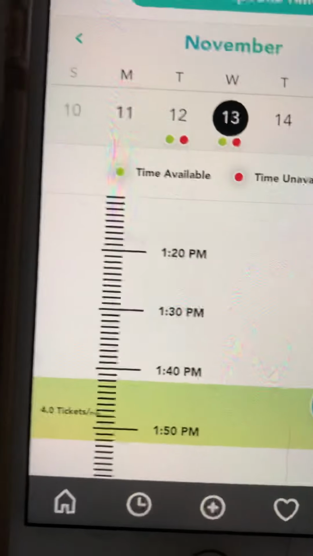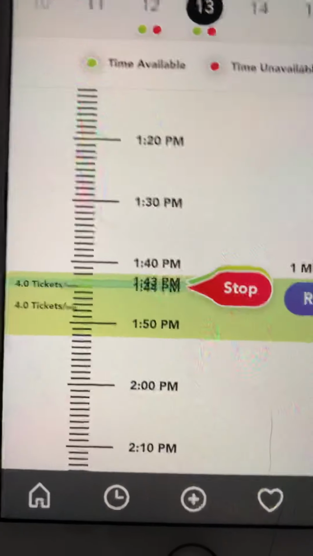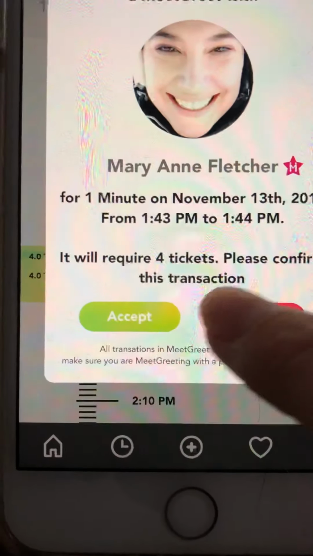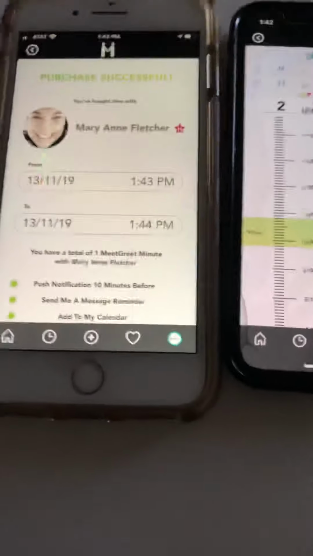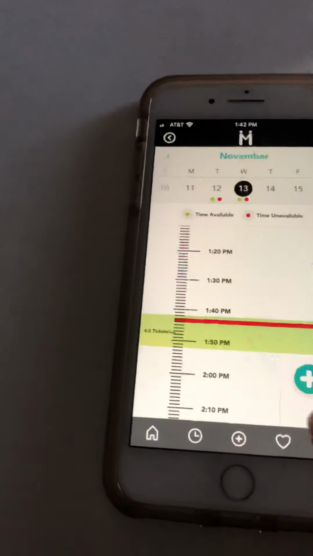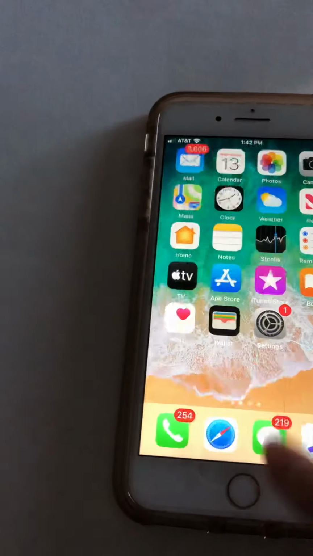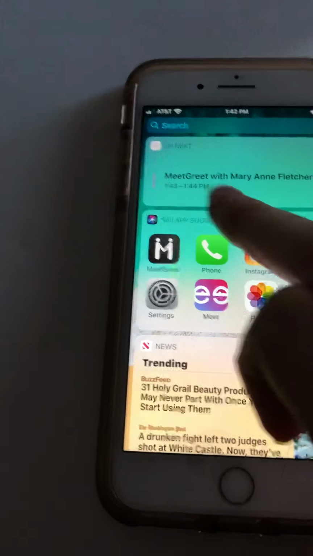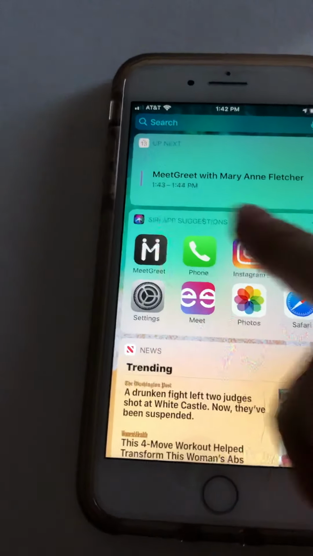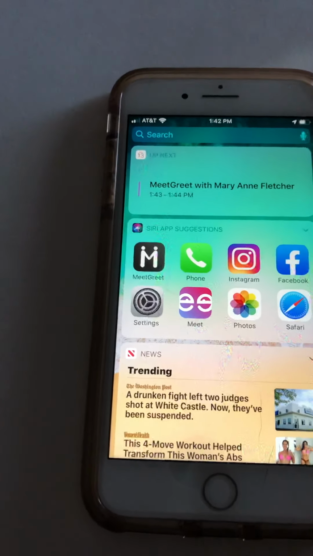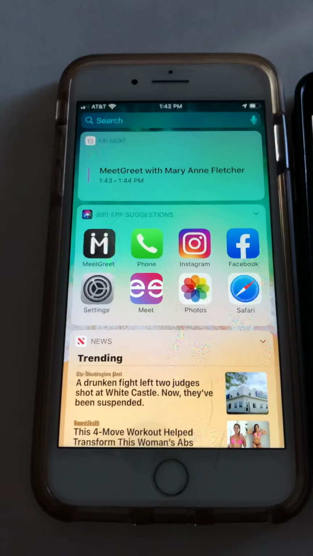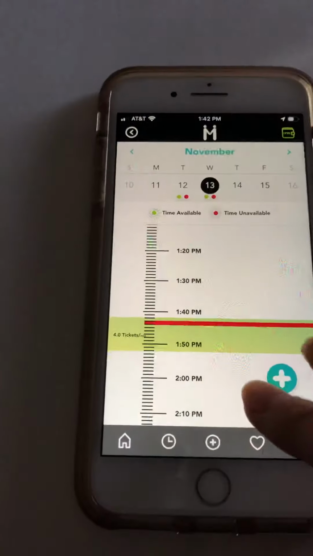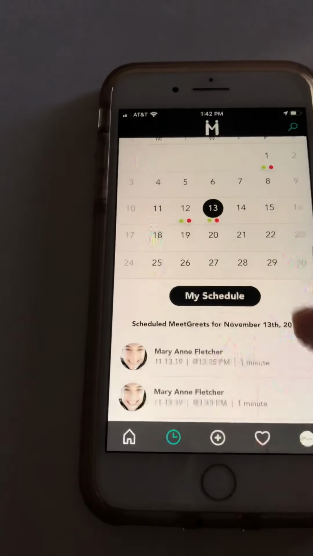So I'm gonna go here, and I'm gonna ask for a Meet Greet. And let's book a minute. Let's reserve a minute, and then it lets you know it's going to require 4 tickets. Okay, and we completed it. It's added to my calendar. So let's go outside and see calendar. See, so it comes up in your phone's calendar that I have a Meet Greet scheduled with Marianne. So you will always know when you have your Meet Greet. It works there, as well as if you go into your Meet Greet calendar, it's there as well,